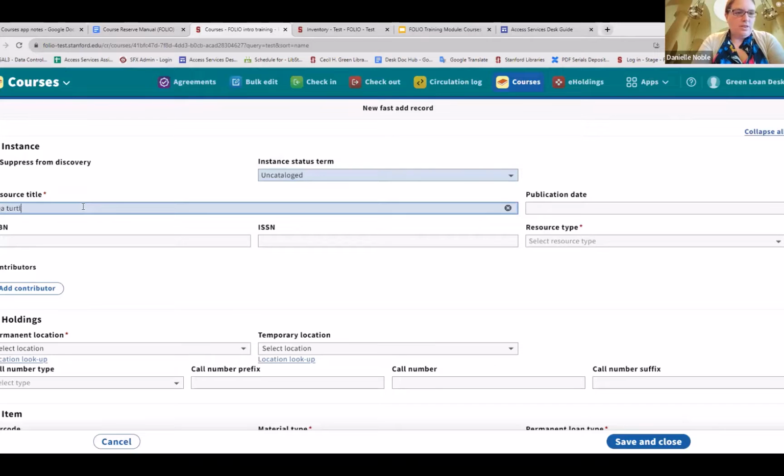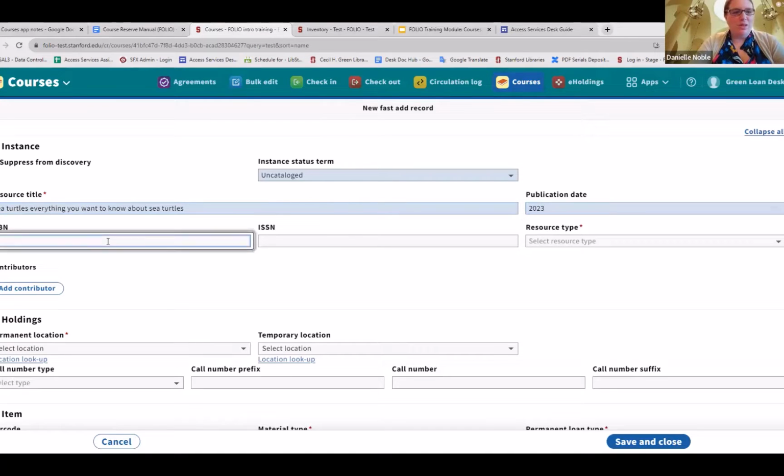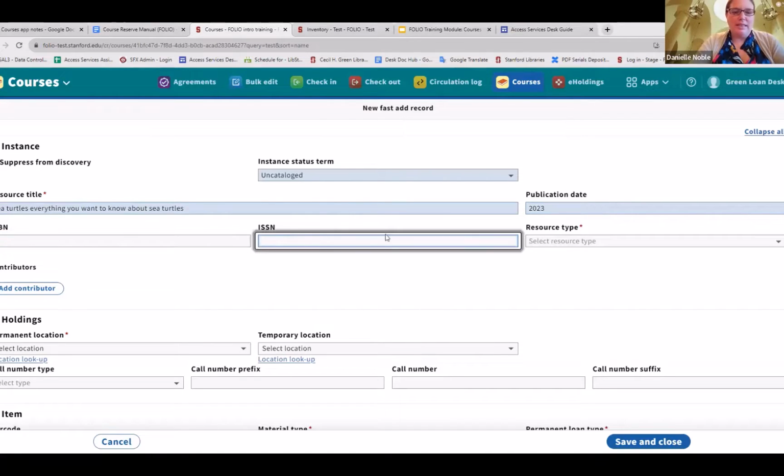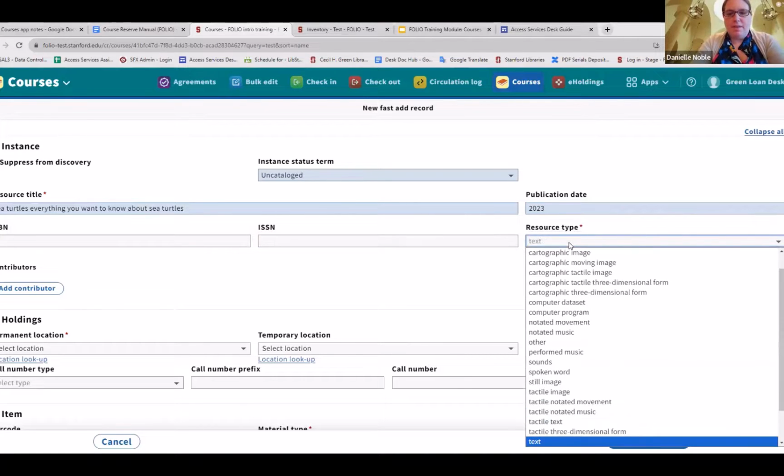Let's do sea turtles, everything you want to know about whatever your title is. In this case, I'm going to put in a publication date of 2023. You can fill out the ISBN or the ISSN if you want to. They're not required. And then I'm going to say this is a print resource, so we're going to go ahead